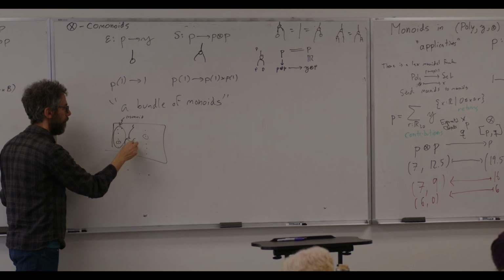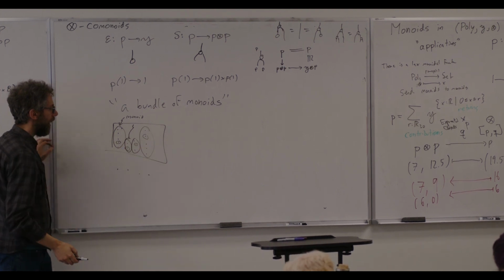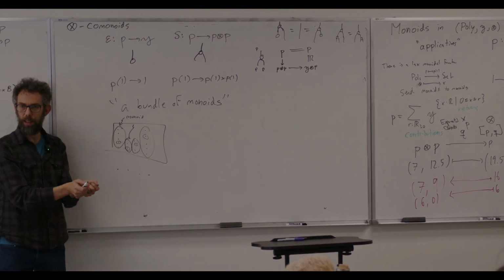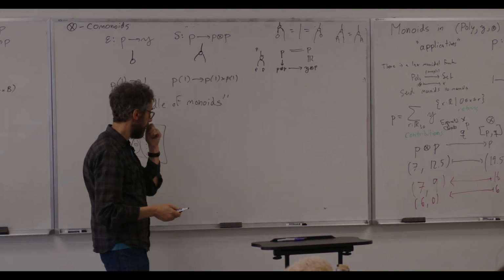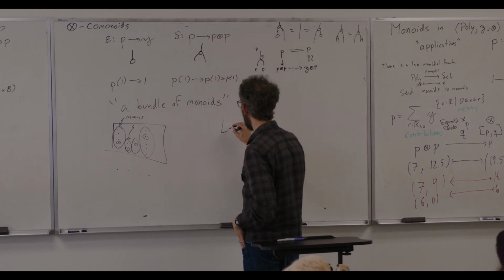When you say bundle, do you mean, well, tensor bundle? I just mean like we've got all these positions. Yeah. For each position, we have a set of directions. Yeah. That set of directions is a monoid. Yeah. So that is,